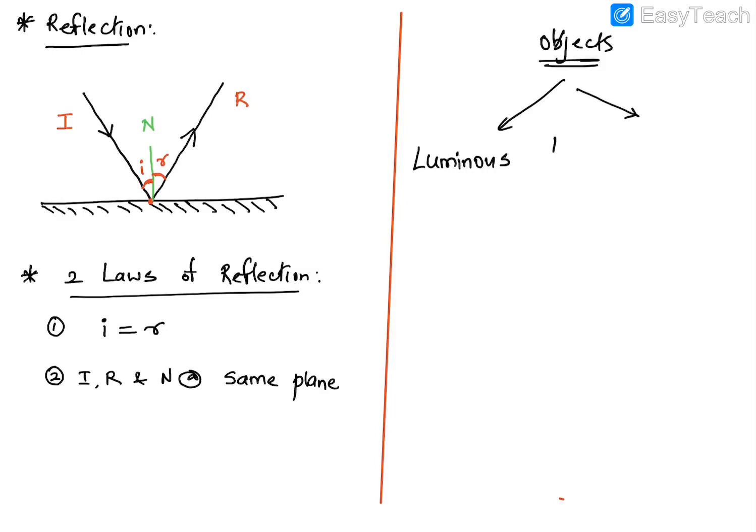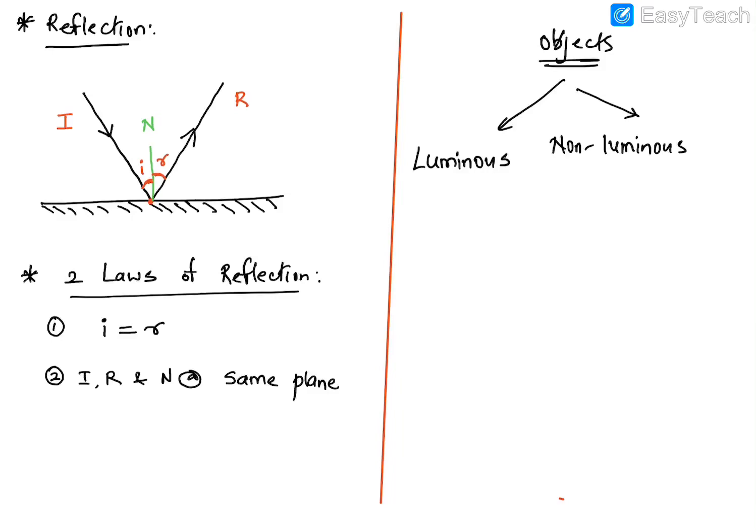What do you mean by non-luminous now? So non-luminous meaning those that do not emit their own light, but they reflect light from other sources, and that's why they are visible. Correct? So that's the difference between the luminous and the non-luminous. Now how can you or when can you see any object? So when the light falls on any object, it will reflect the light and the light enters back into your eyes.